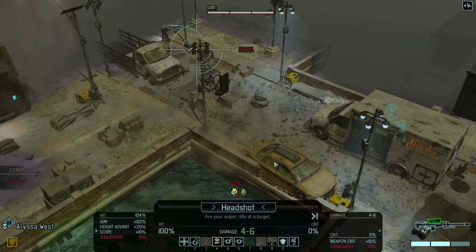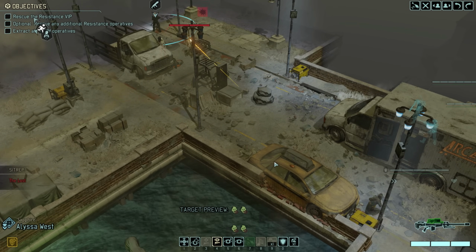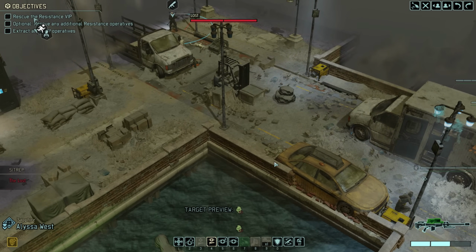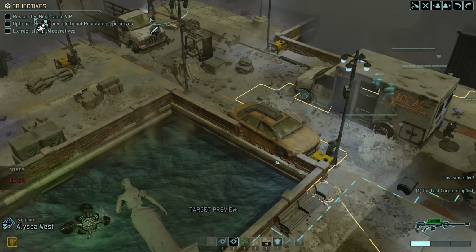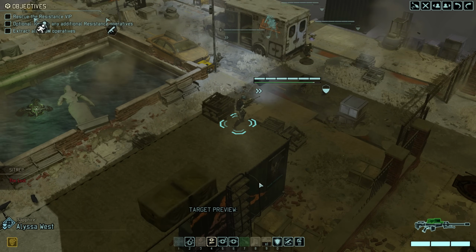Alright, first group of hostiles down, but there are 2 more Lost active not too far away from us. And to avoid them becoming a problem, we can now call upon the reliable sniping services of Sapphire West. Hostile target down. And there we go, all enemies cleared out for now, time to reload and to keep scouting